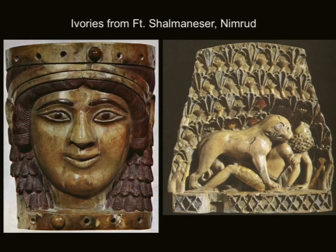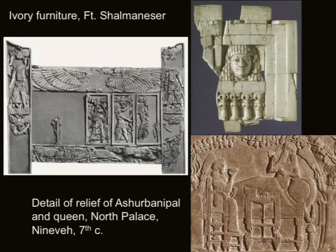And you can see here that they're just wonderful, wonderful, intricate works of art. These are actually very, very small, if you take a look at them. In some cases, only about 1 or 2 inches in height. And most likely, they would have been used to adorn furniture. You can see here some reconstructed panels of what would have been the base of a chair, throne,